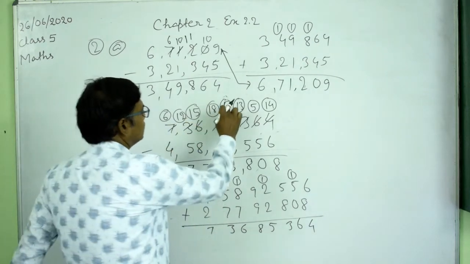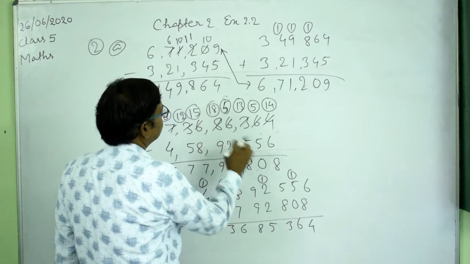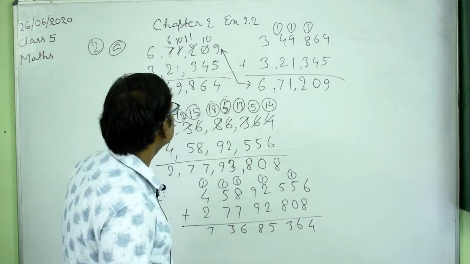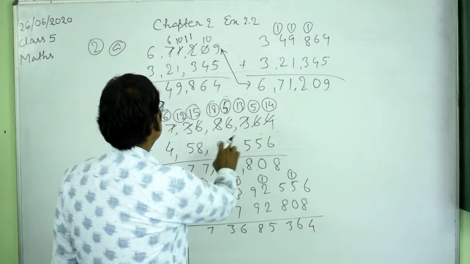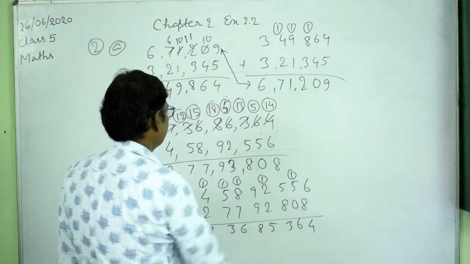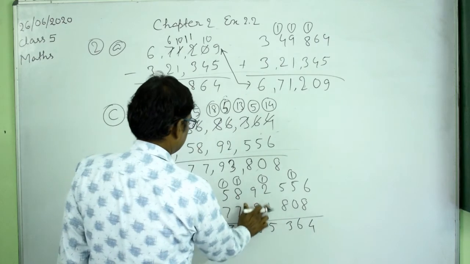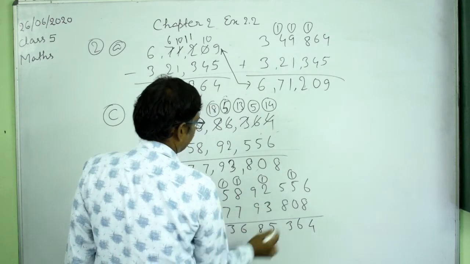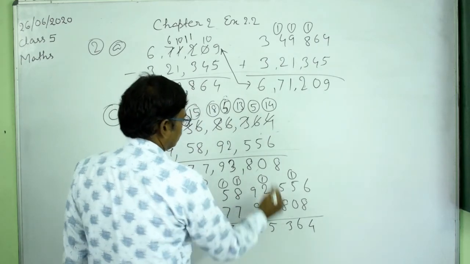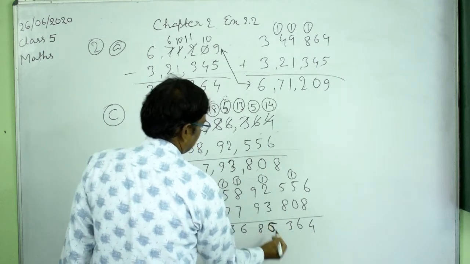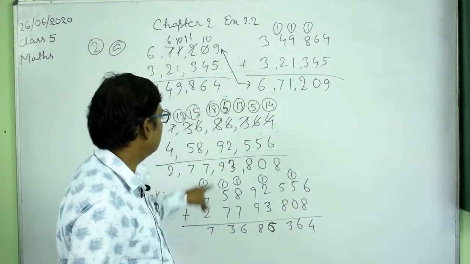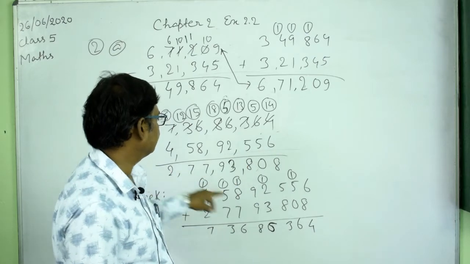See, it was 5 here, so 5 minus 2 is 3, so it is 3 here now. So the answer is 3 in this case. Then write 3 here, then 3 plus 2 is 5, 5 plus 1, now see it is 6. Okay, so our answer was not correct before, so now it is correct.